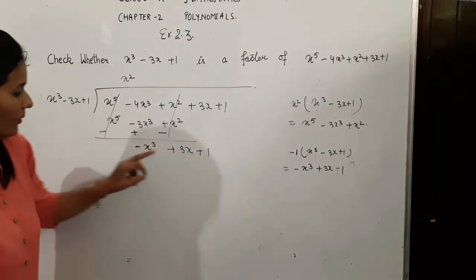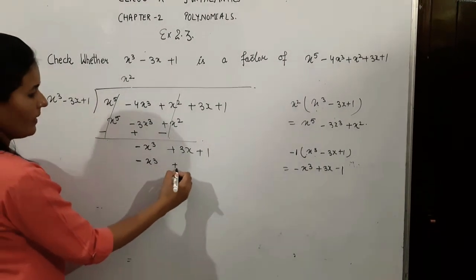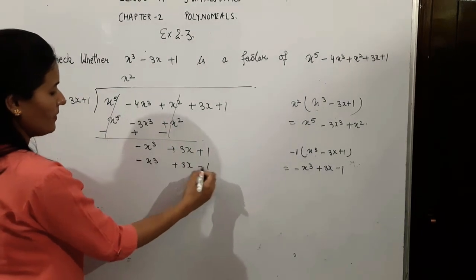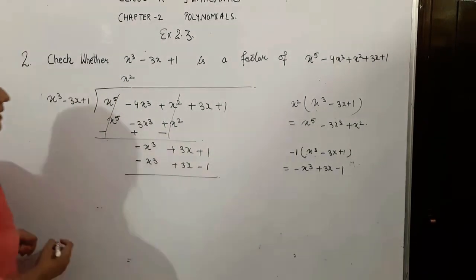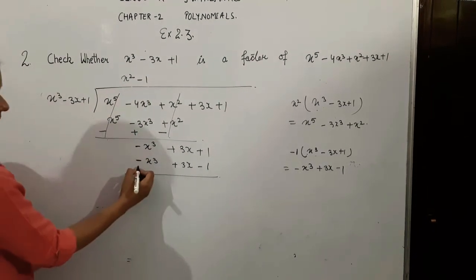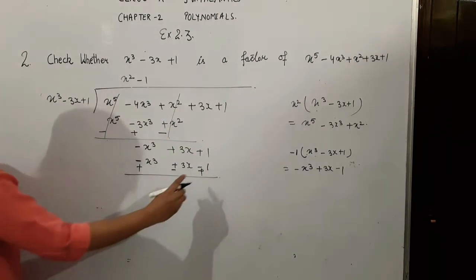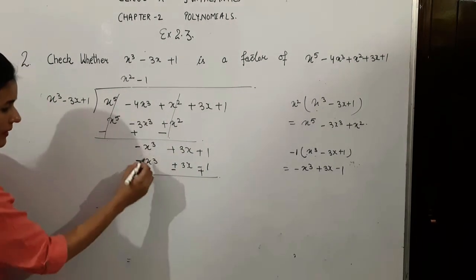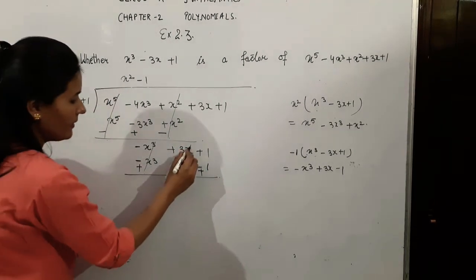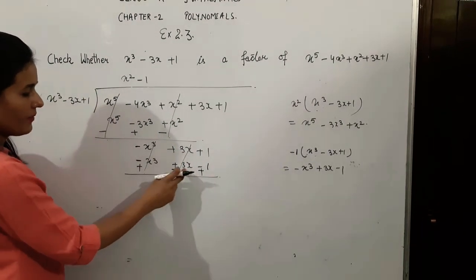So, write it below this side, minus x cube plus 3x minus 1. Right? Now, this we have multiplied by minus 1. Change the signs,